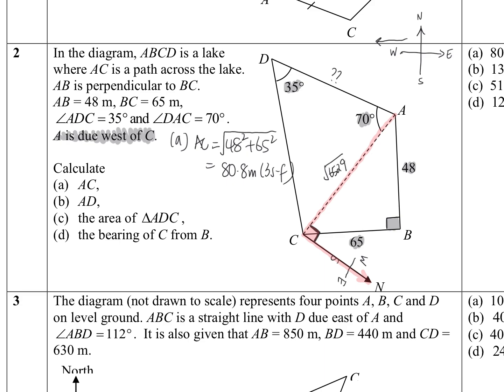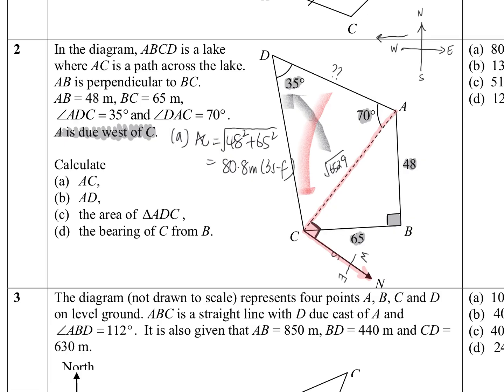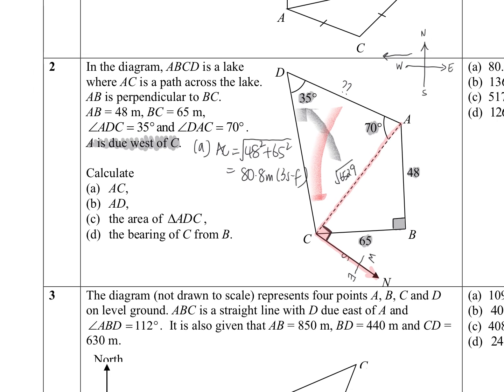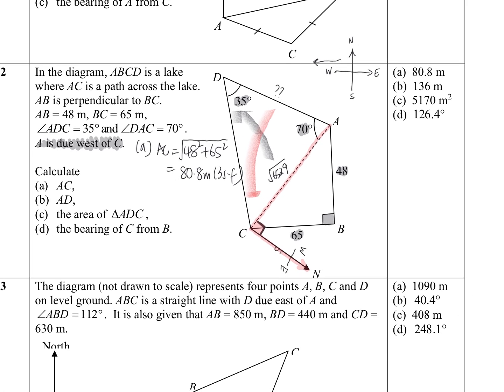Okay, what rule do you think I can use to find AD? Sine rule. So two sides. So one pair is this one. Okay, the other pair I need is this one. So the only way I can set it up is AD. Okay, let me find a spot to write B. Maybe here. Okay, so for part B,